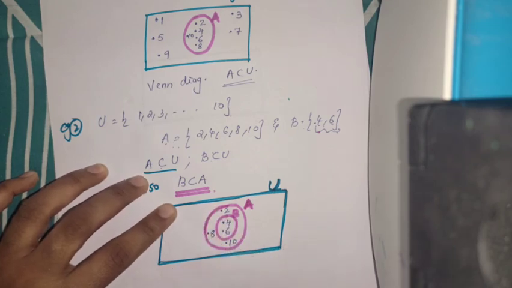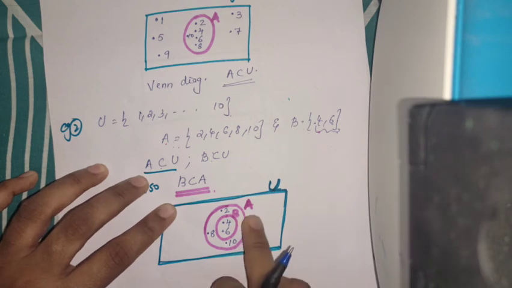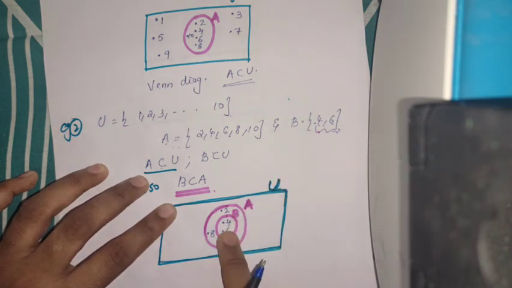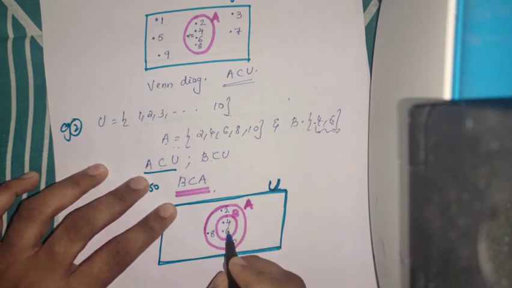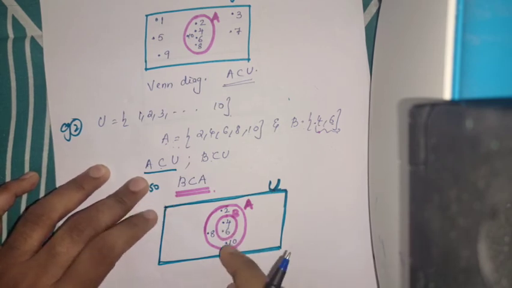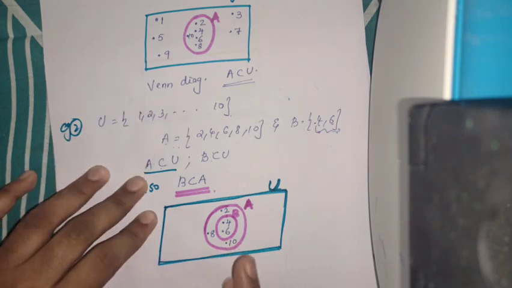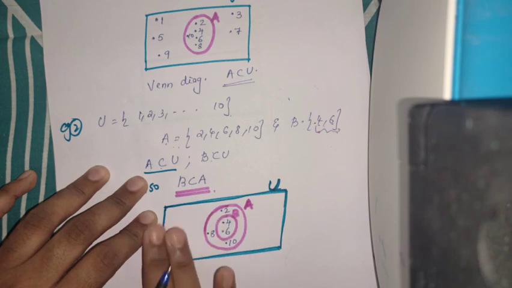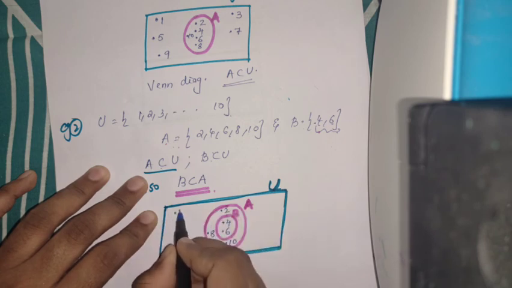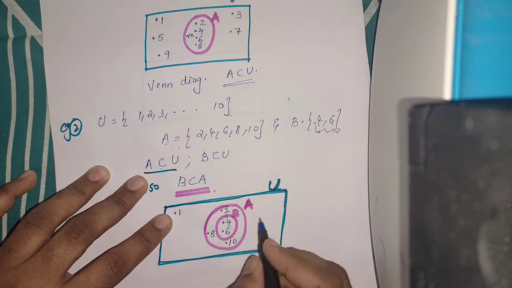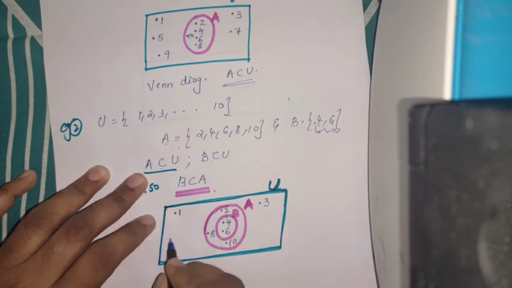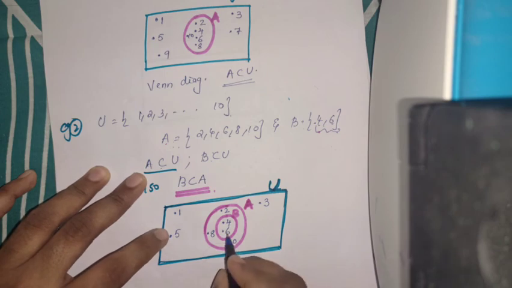And we have one set inside the circle A because B is a subset of A. So we are drawing an inner circle here, and the elements in the inner circle are 4 and 6. And what is our universal set? Numbers from 1 to 10. So the rest of the elements are denoted outside the circle. So 1 is not present here, so we mark 1. 2 is here, 3 here, 4 is here, 5 we mark in the rectangle, 6 is here, 7 is marked here, 8 is present in the circle, so we mark 9 here.